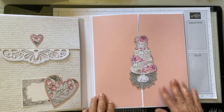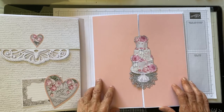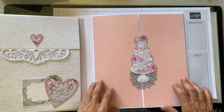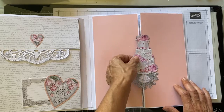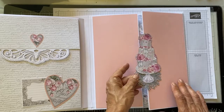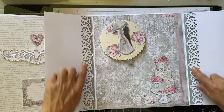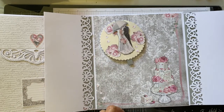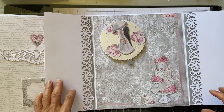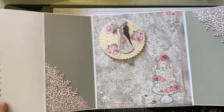And this very last page inside cover at the back here, I've put the wedding cake. So I fussy cut that out, and I mounted on some grey cardstock and cut around it just to give it some strength and stability. And I just die cut it out a little doily to go there, which is from Stampin' Up, of course. Some of these side punches here I forgot to mention, a Martha Stewart, and I've used some Heartfelt Creations dies as well. So this is the wedding cake one, and these all expand out,